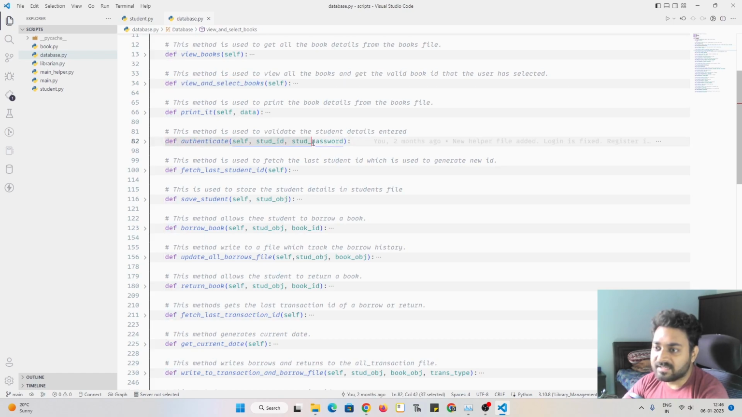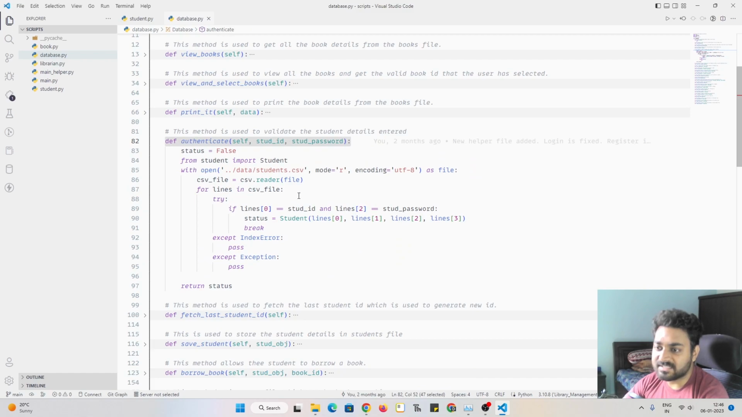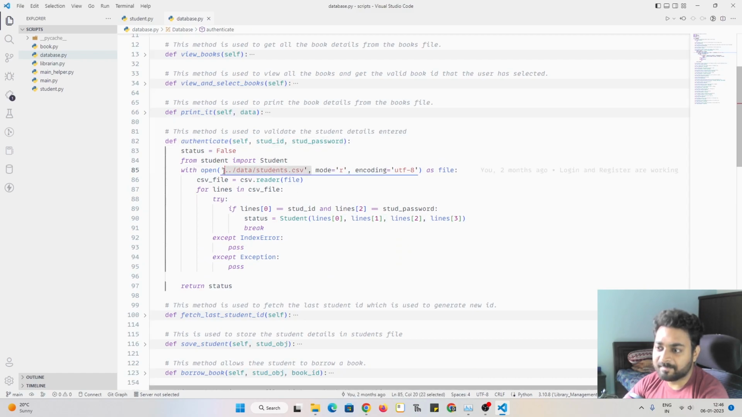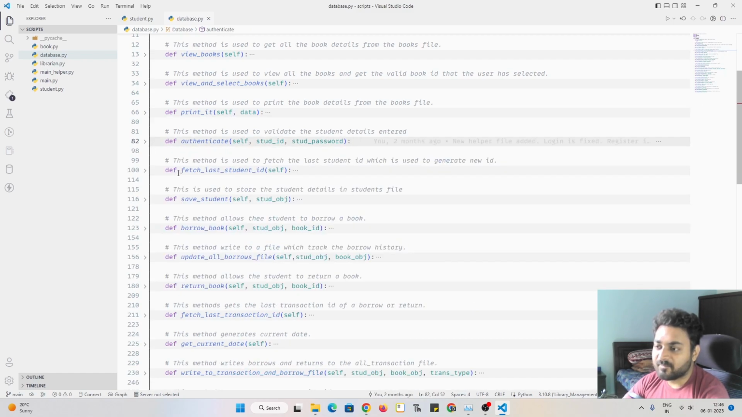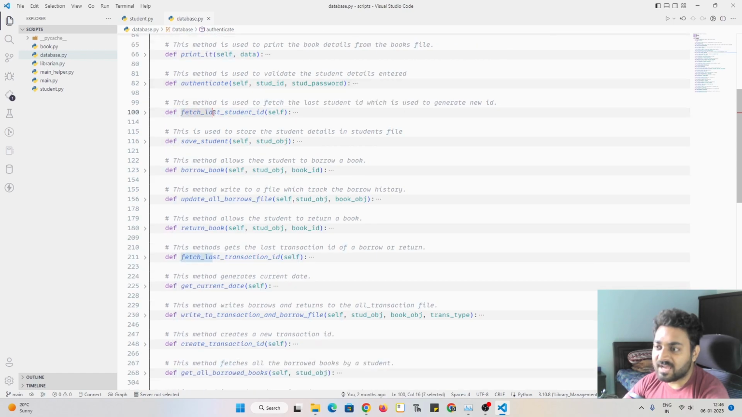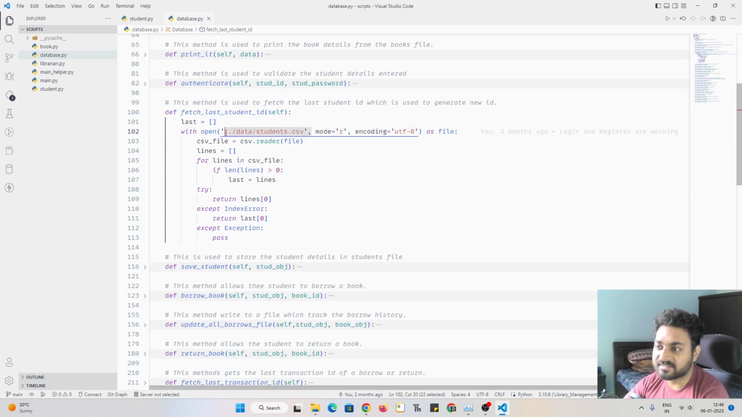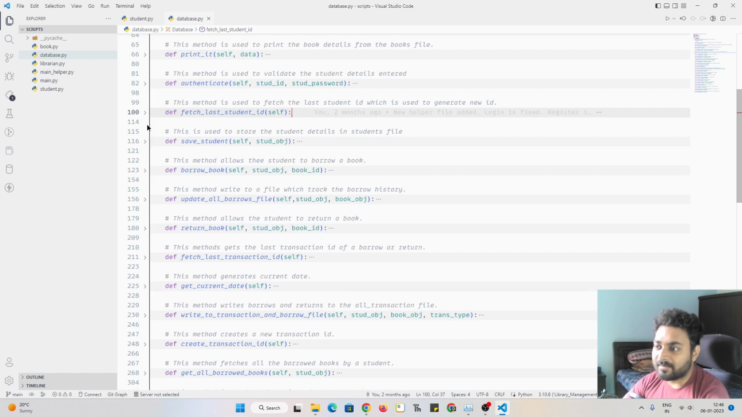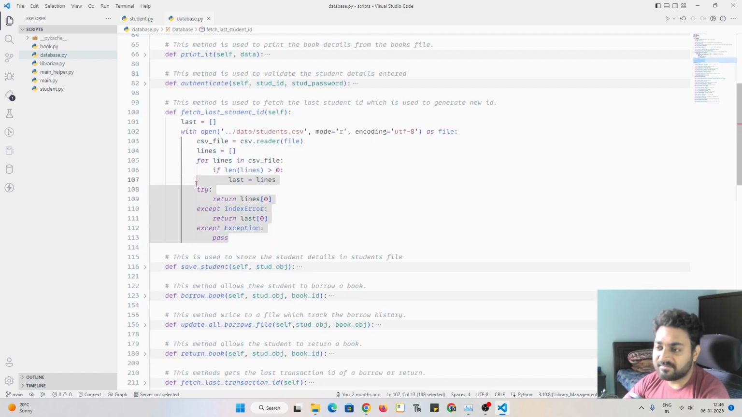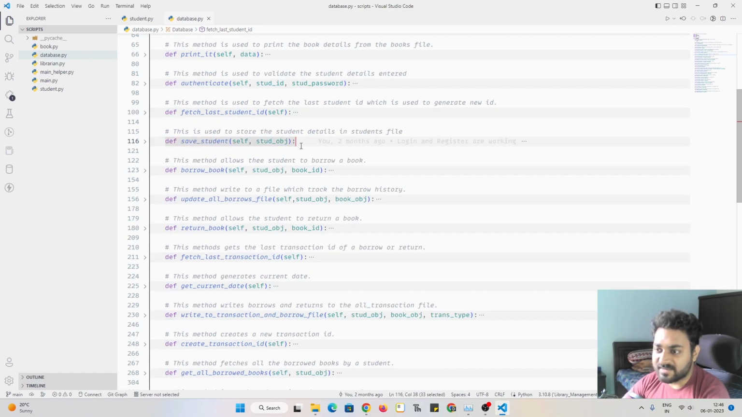Now authenticate, this is used to authenticate the student. This is the only file that is touching the database, that is student.csv. Fine. Now I am also using fetch last student ID. This is the only module that is touching the database and getting the ID for us. I have also used try except everywhere so that our code doesn't fail in case the data is not present. Now this is used to save the student, this is used to borrow a particular book,